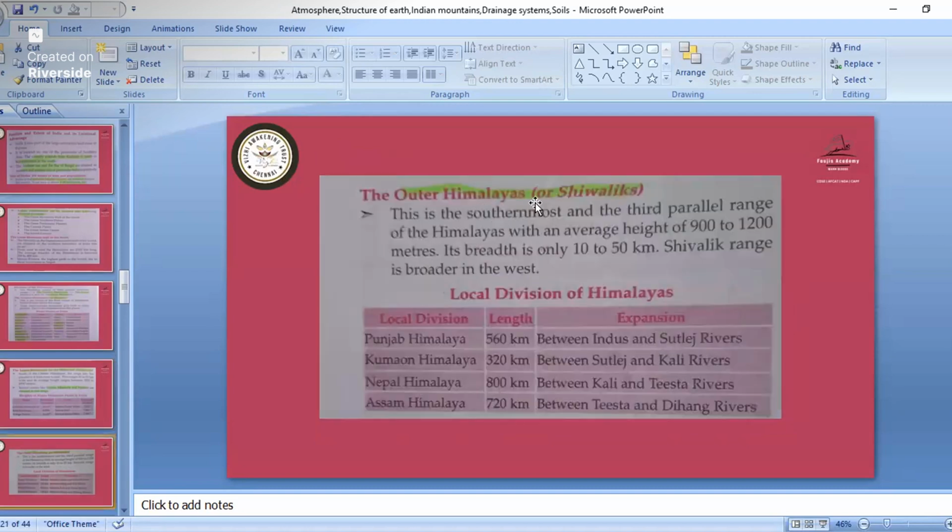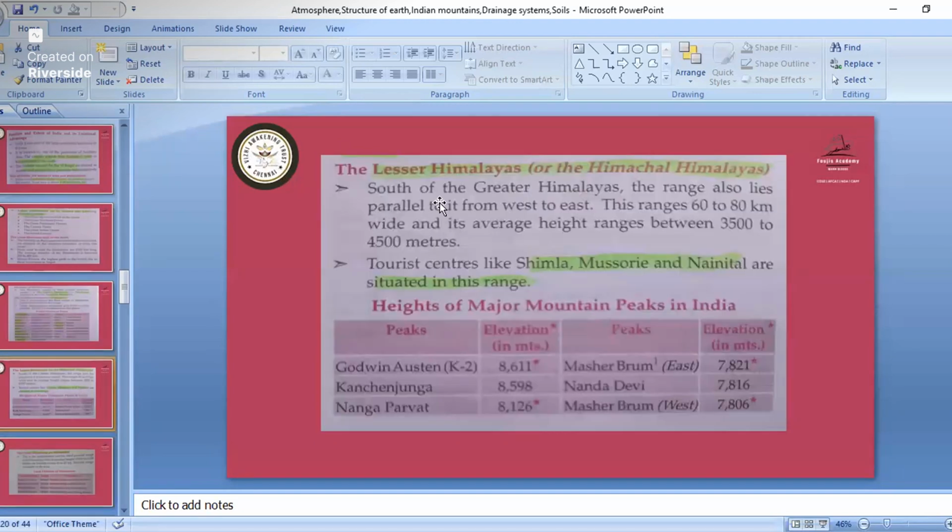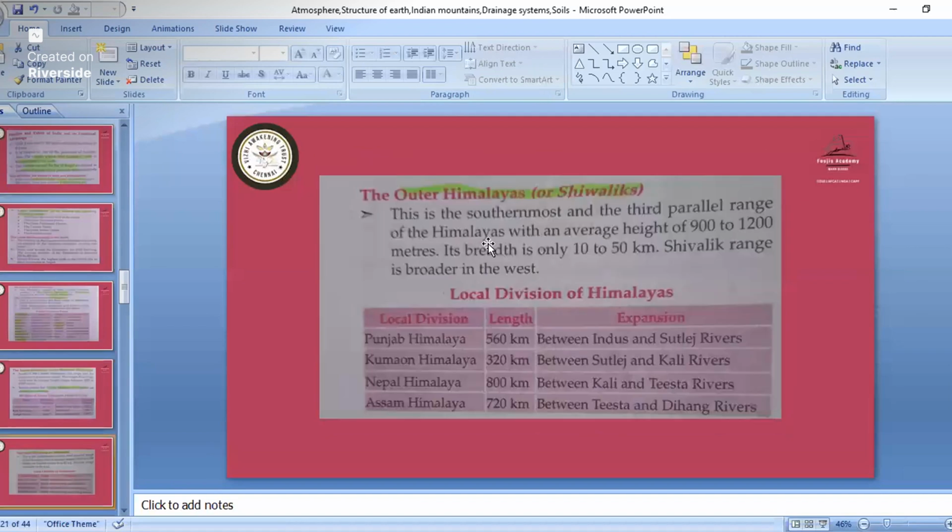Okay, the outer Himalaya is known as Shivalik. Okay, so this Shivalik is on the eastern side of India, like Arunachal Pradesh side, Manipur side, and Assam side. So that Himalaya is known as Shivalik. So see, the Punjab Himalaya has a length of 560 kilometers. This is not of that much importance, but okay, if you want, you can study it for your knowledge